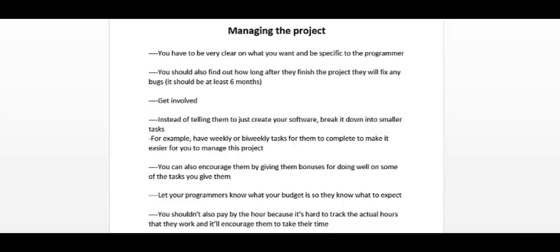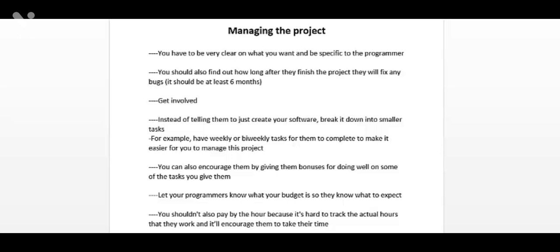Instead of just telling them to create your software product, you should break it down into smaller tasks so that it's easier to work on, and it'll be better for you to monitor the progress of your software product. For example, you can have weekly or bi-weekly tasks or goals for them to complete to make it easier for you to manage this project.